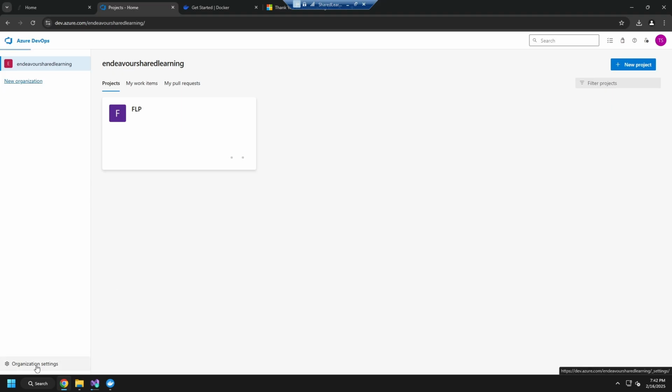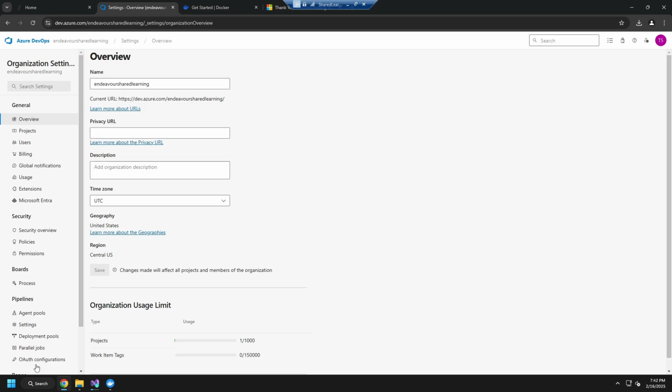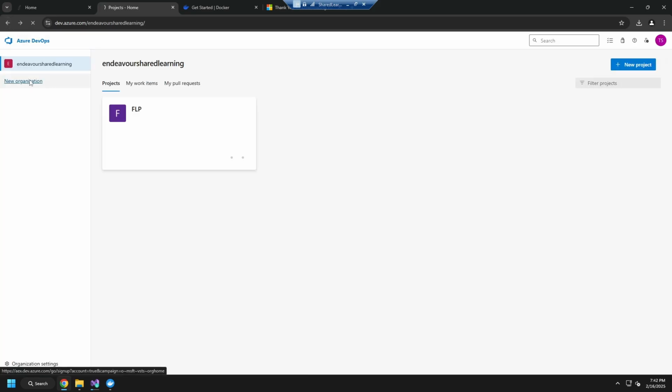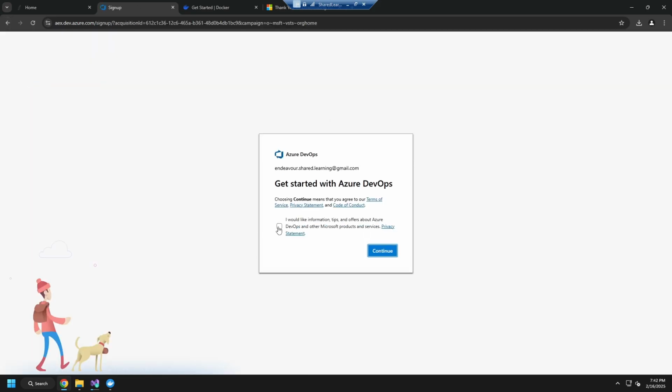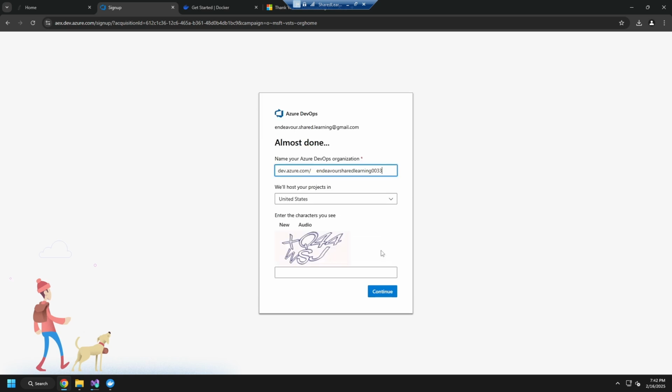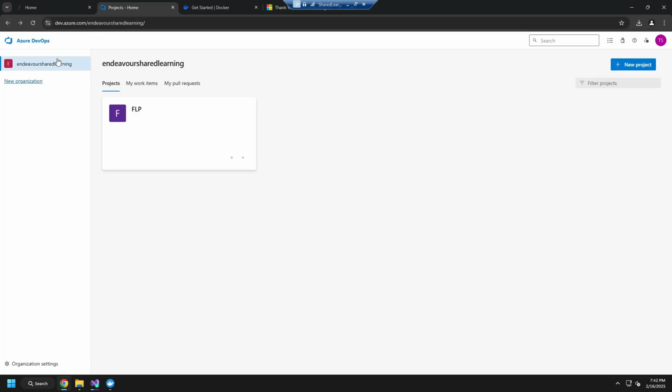However, if you are going to create a new organization, it will look something like this, where getting started, and you will enter in the name that you would like. And what you need to make sure is that you're doing a private repository. You can do public if you would like, but I recommend doing a private one. And once that's finished and created, what we're going to do now is you're going to copy the organization name,